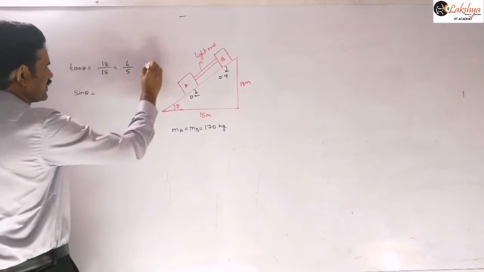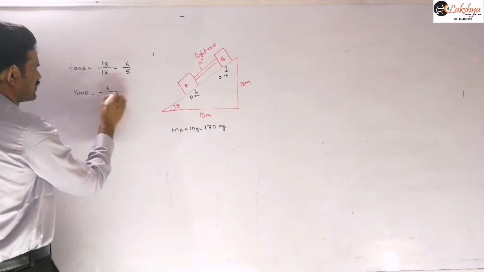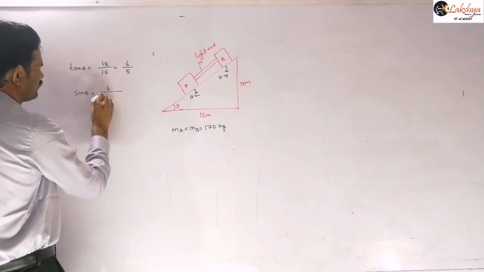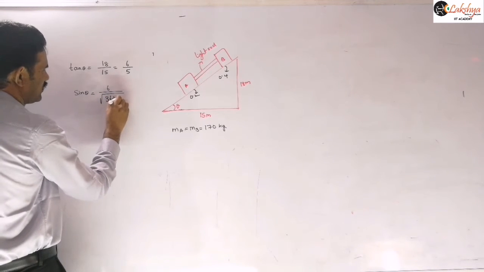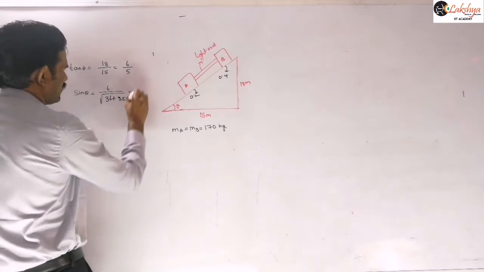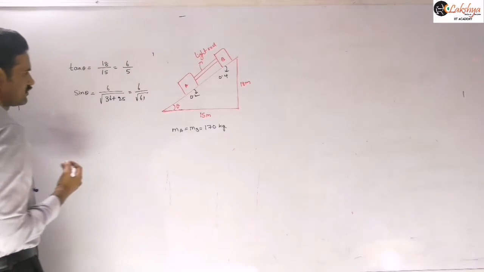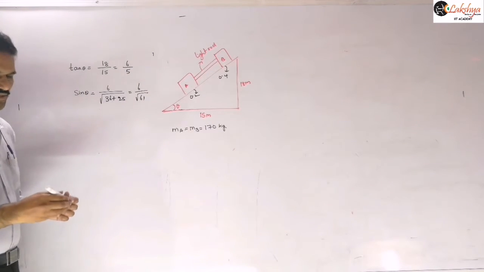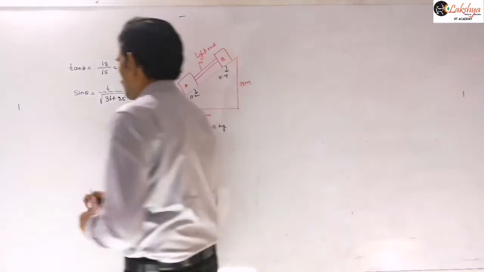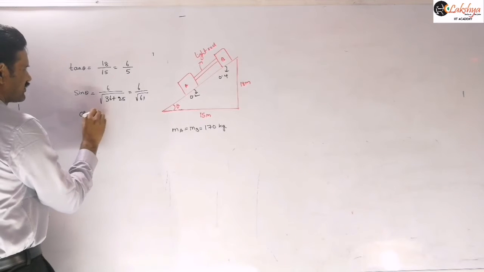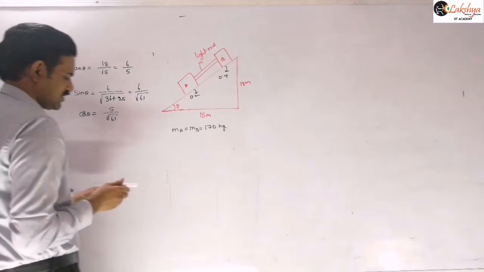And so from this tan theta, now you can consider this, and we can write the sin theta value as 6 by under root of 36 plus 25. So it is 6 by root 61, right? So that will be the sin theta value there. And similarly you may find the cos theta value also. So the cos theta value you can write as 5 by root 61, right?